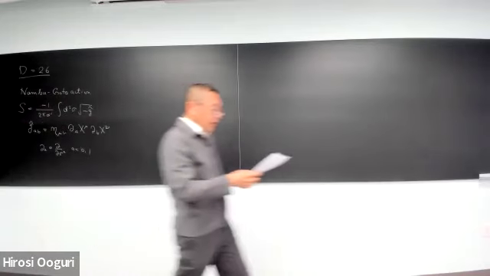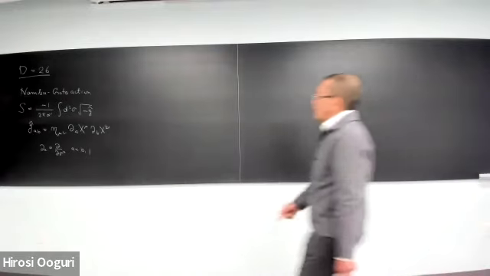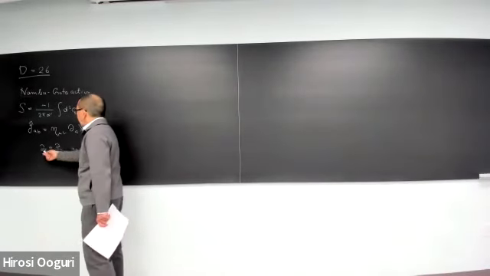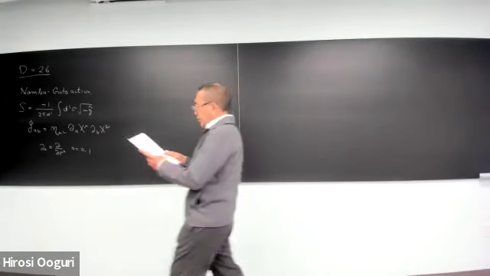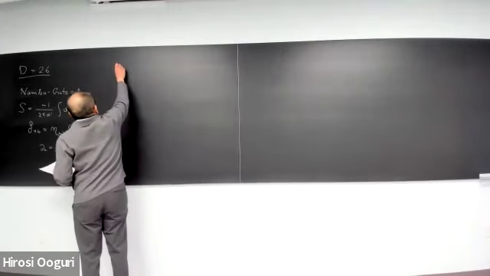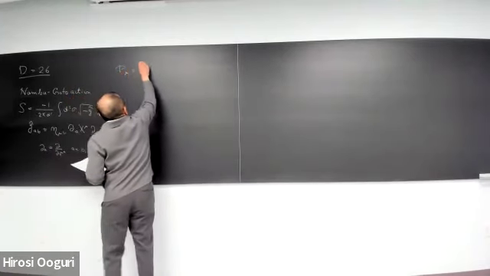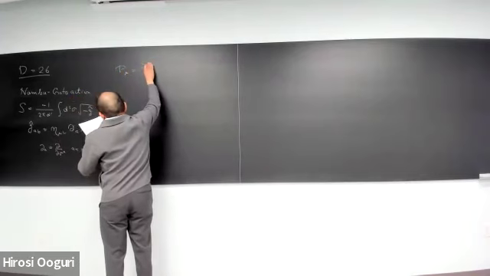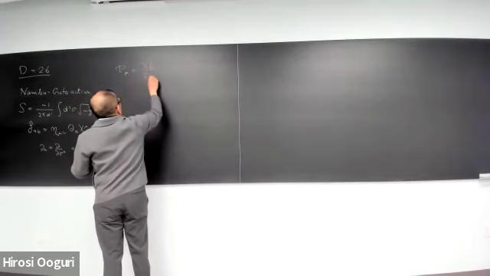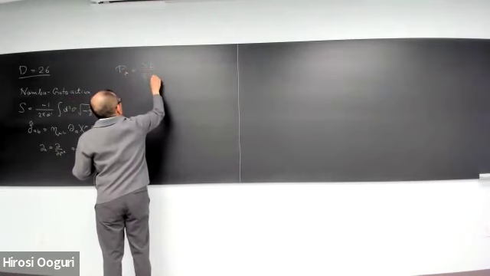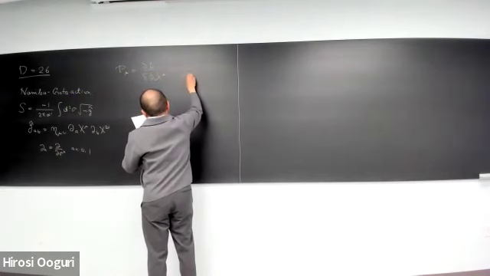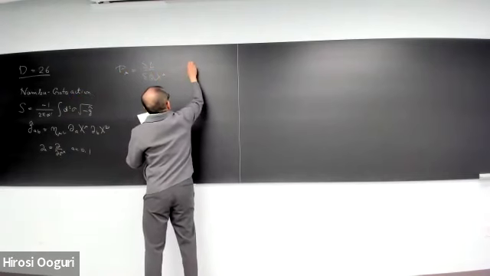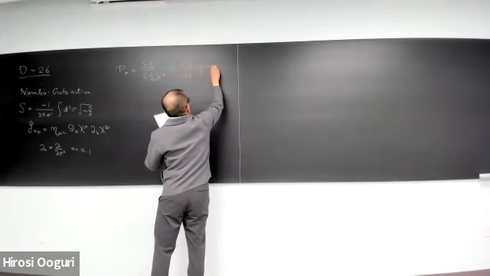Okay, and so what we observed is that this is a constrained system. This action is invariant under reparameterization of the two-dimensional coordinates, and this gives rise to constraints. And one way to see the constraint is to find the momentum conjugate to the coordinate, and it's given by this. If you do the calculation,